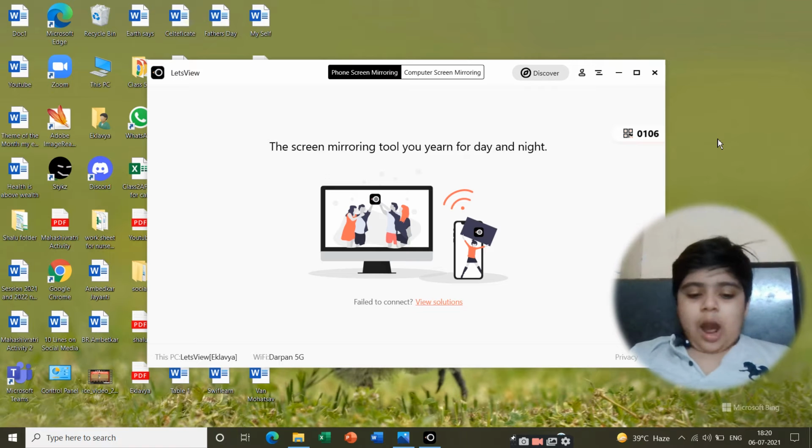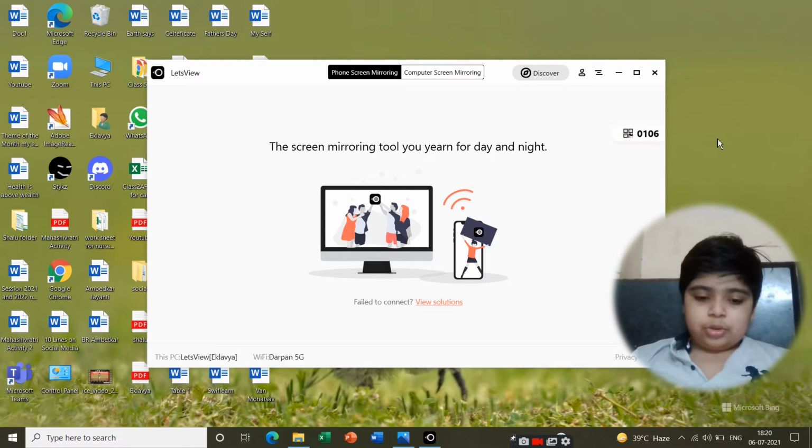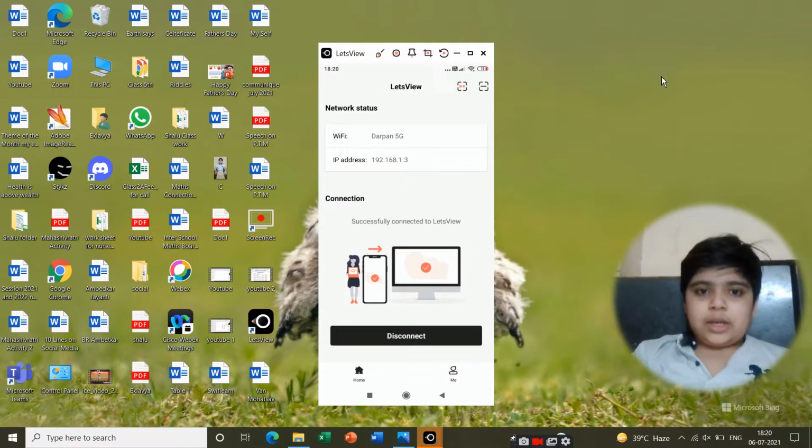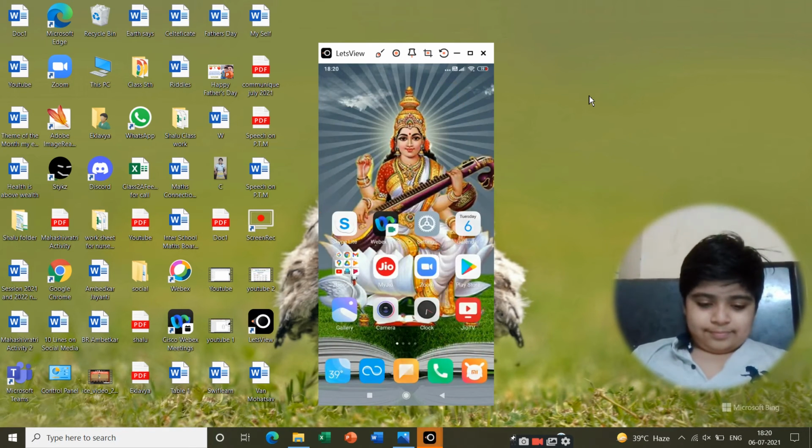So let's begin. Now on our phone we have to download an app named Let's View. I will show you. We will download our app Let's View. See guys, you can see my phone on the screen. So first I will go to the Google Play Store.